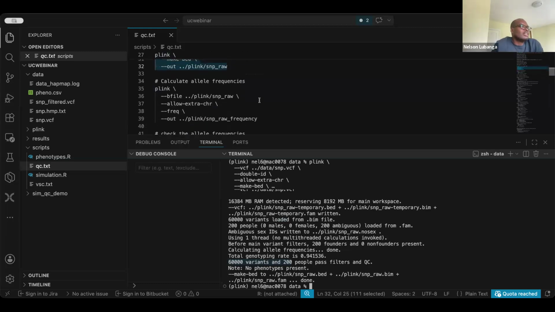So if I want to calculate, let's say, the allele frequencies, this is the short command you put. You call PLINK. It's expecting a bed file. So this is the bed file, and then you tell it to allow extra chromosome, and then you have the frequency option. So you're telling it to calculate the frequency of each allele. So if I copy this,